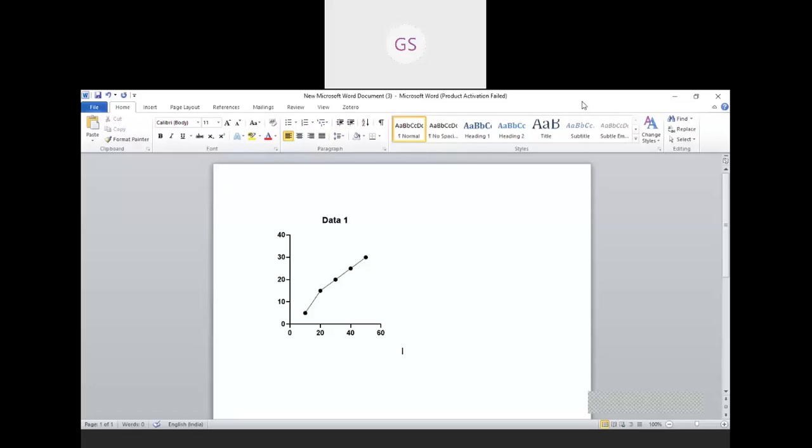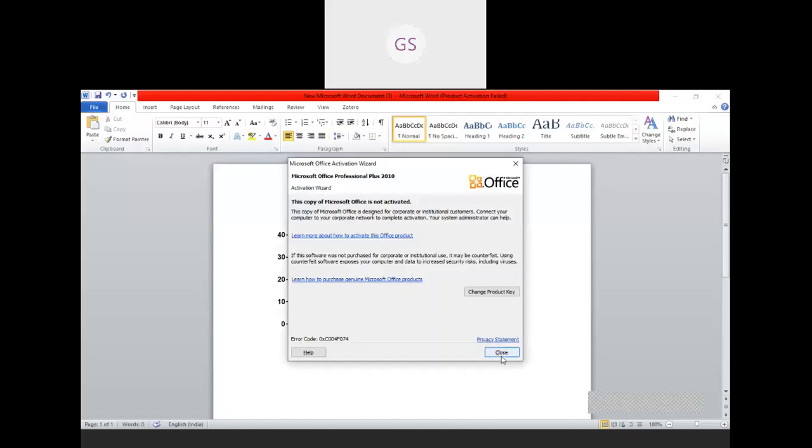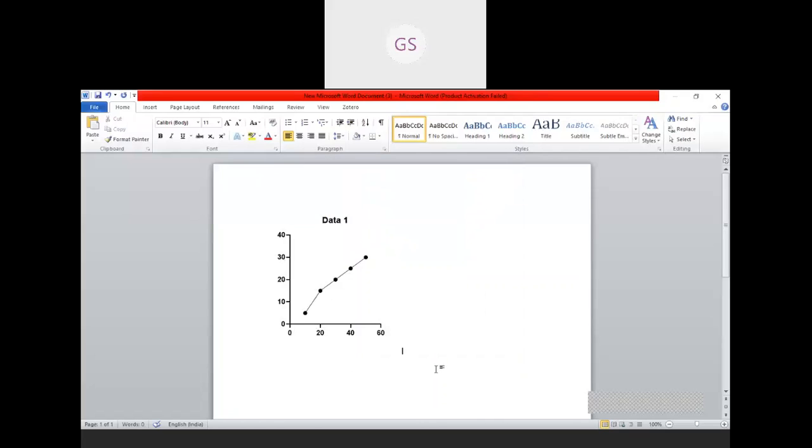So just copy paste. I did paste. One minute, I have to share also, otherwise you are not able to see. So I copied and I pasted here. Okay. So this is what I pasted in Microsoft Word.